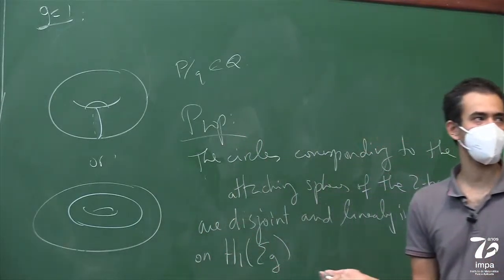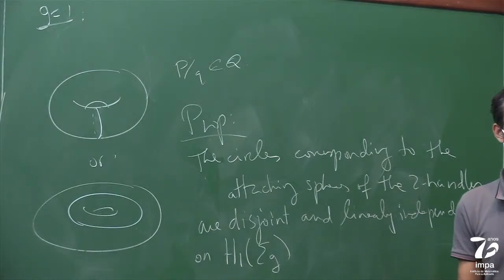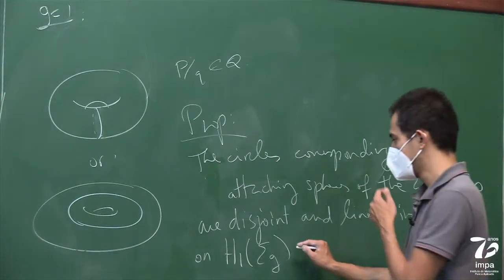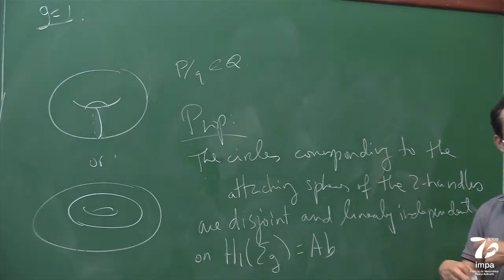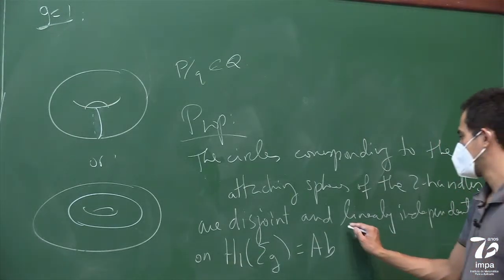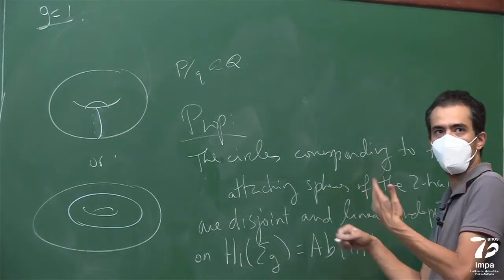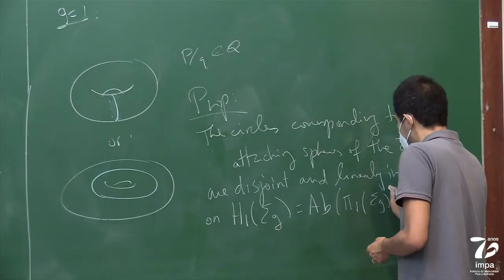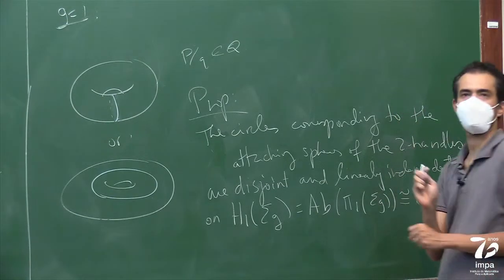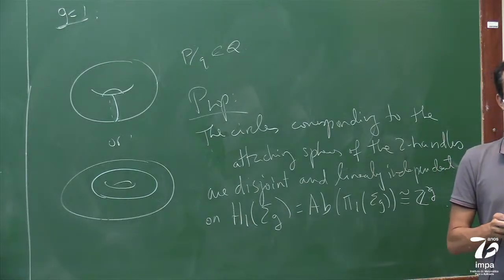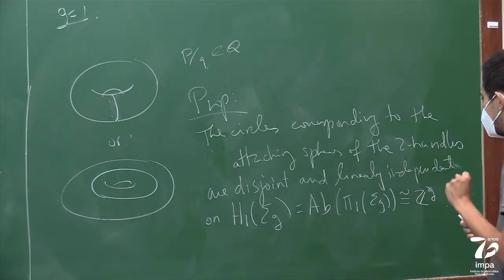If you don't know what the first homology is, this is just the abelianization of the fundamental group. So the fundamental group of sigma G has two G generators, but it has a funny relation. So this is the same as Z to the 2G. So the condition that you need is that these circles are